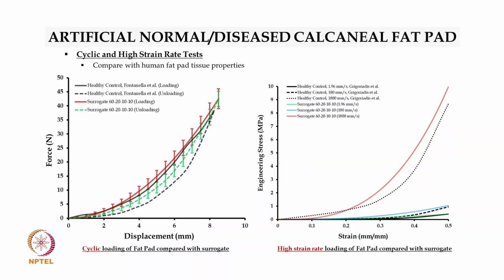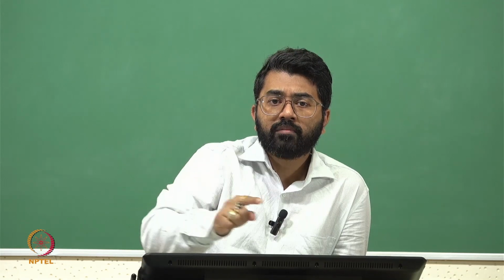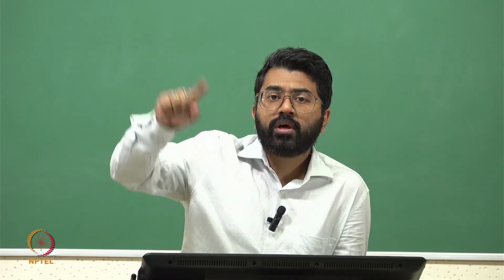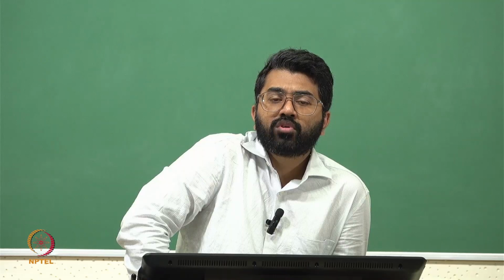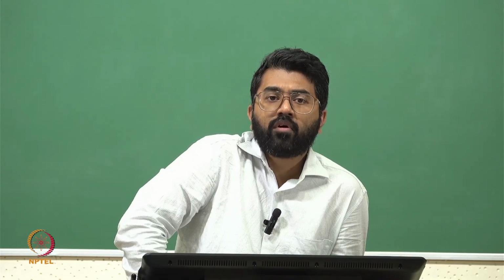This basically represents the different ratios by weight of the two mixture amounts of the two different sets of silicon, right? So under loading and unloading, whenever you conduct a cyclic loading condition, the plot has a little bit of extra curve to it, and there is an area which you can highlight between the loading cycle and the unloading cycle, right? This is typically the energy absorption of the system,